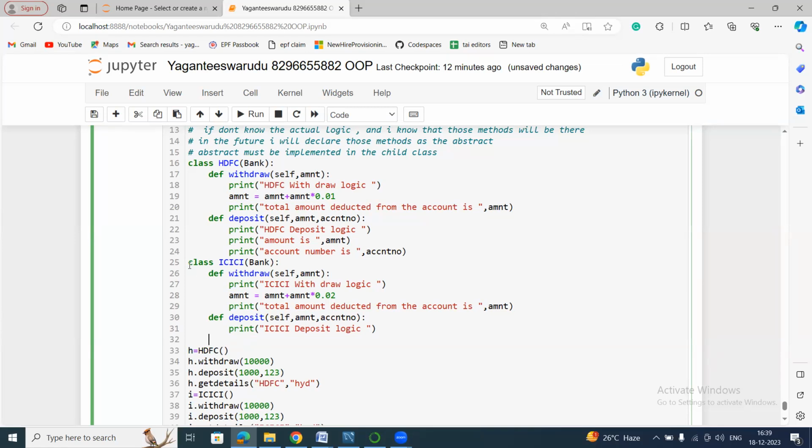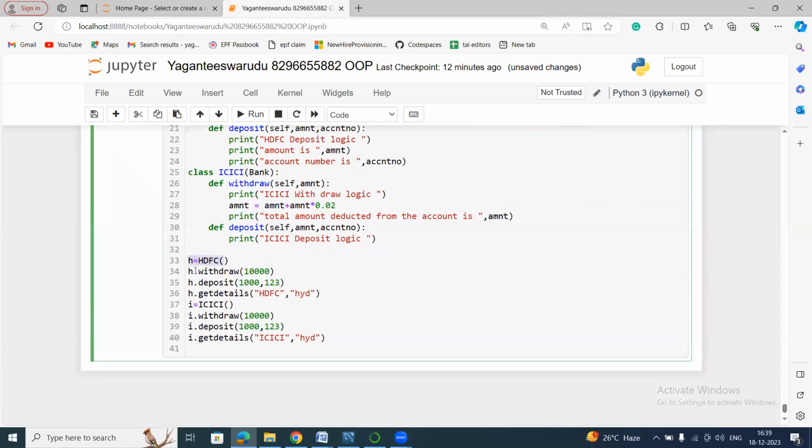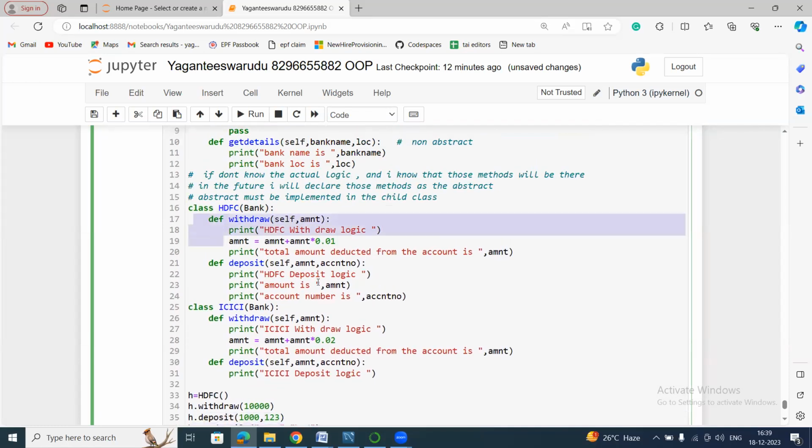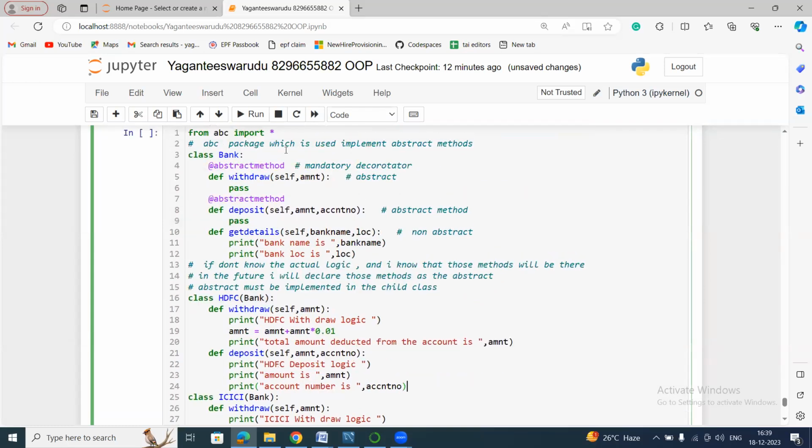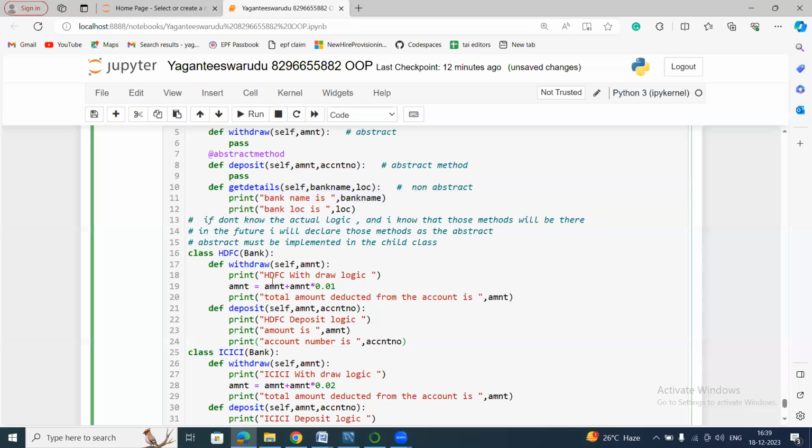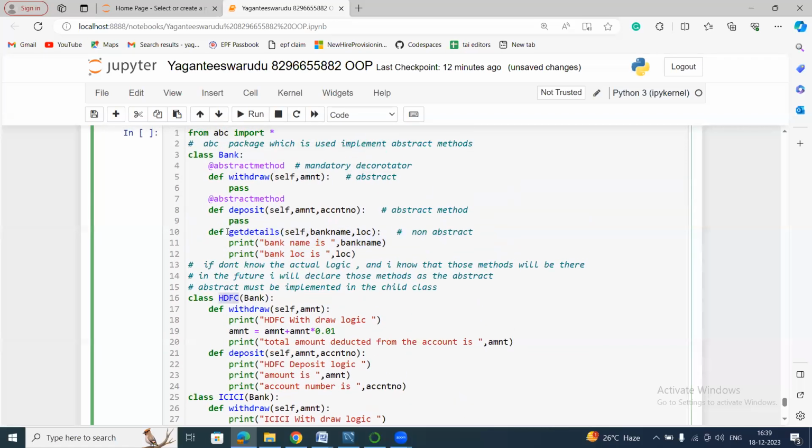And if you see, I'm creating one object for HDFC Bank and calling the withdraw function and the deposit function. You can even directly call the details method because this is inheritance, right? No need to explicitly write the details method again. If you inherit this bank class, this method also comes here. Nothing but, if I create an object for HDFC Bank, I'm able to use this